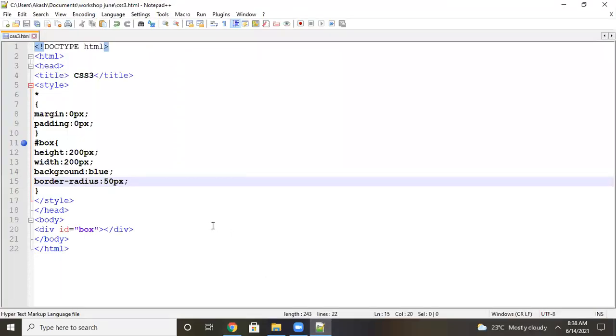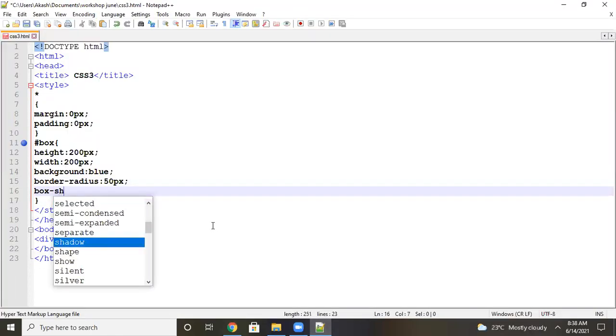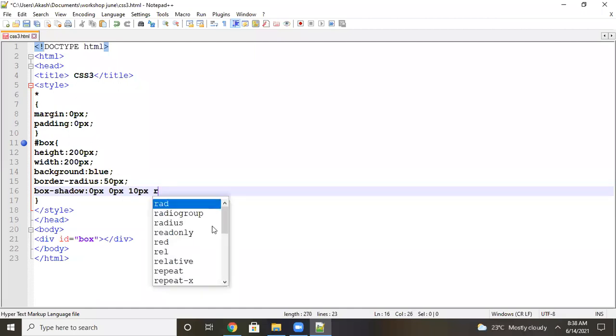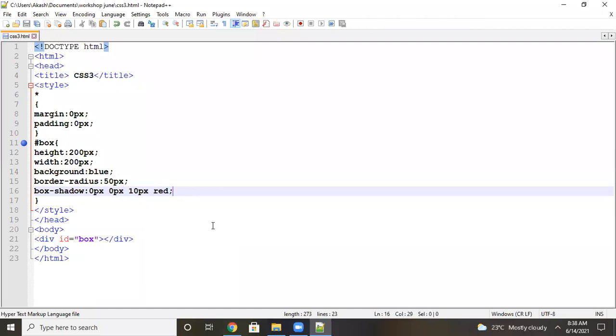I will add one more property, box shadow. Now see, I will mention 0 px, 10 px. What happened? The shadow appears at the corner.